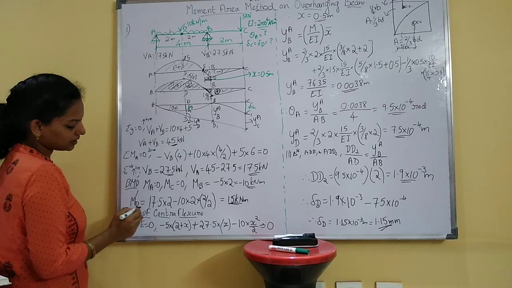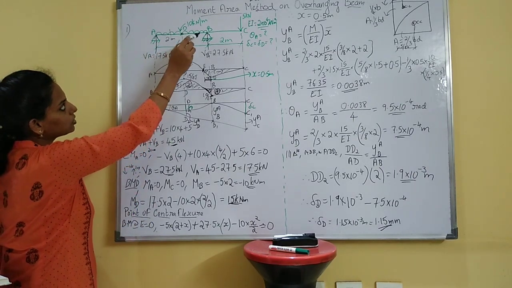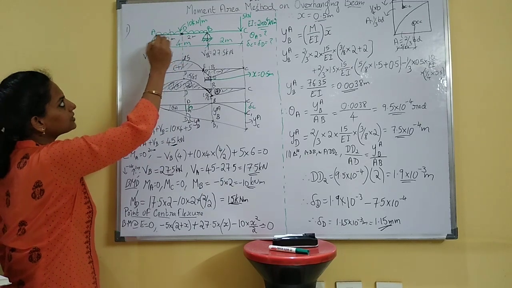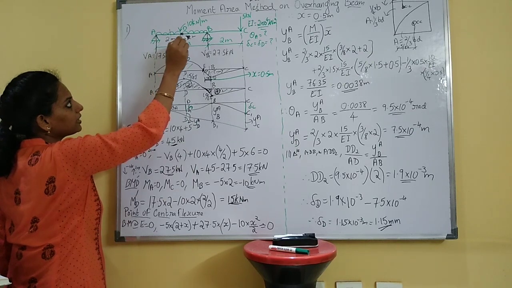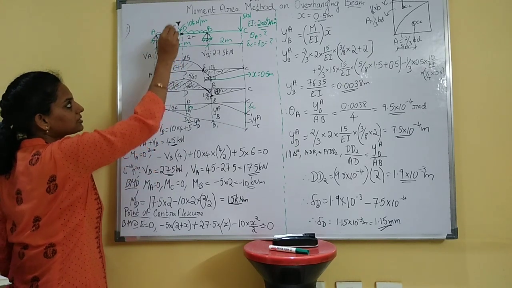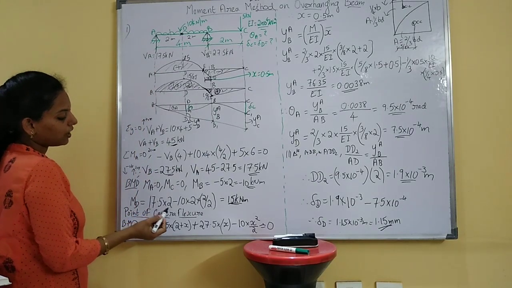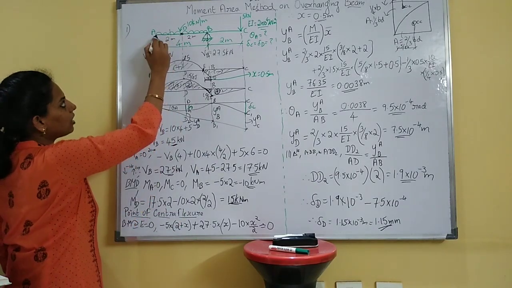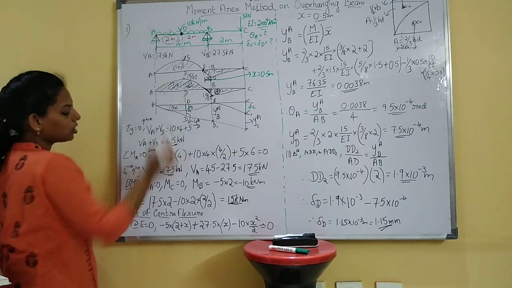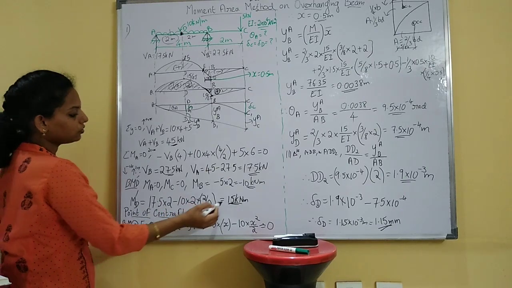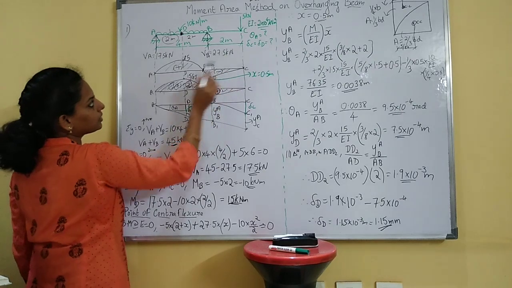Next MD is equal to plus 15.5 into D. D is nothing but the center of this UDL beam. The maximum bending moment will be at the center of the beam, so it is 2 meter. So 17.5 into 2 minus UDL, you have to consider only up to this point D. So 10 into 2 into 2 by 2, which is equal to 15 kilonewton meter. Just substitute it and draw this bending moment diagram.